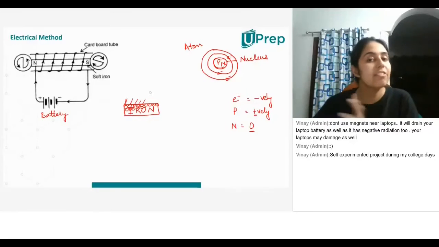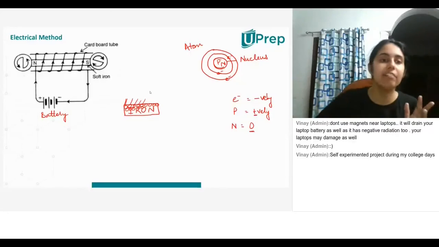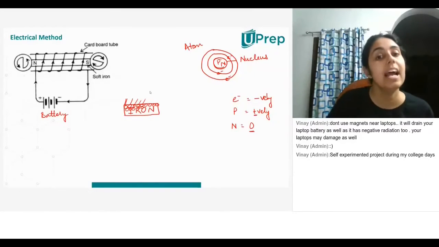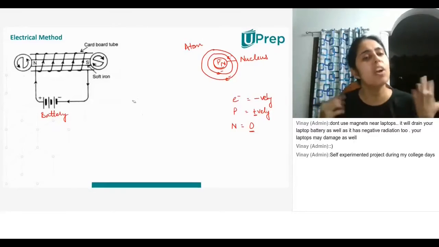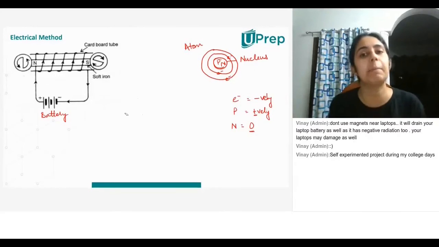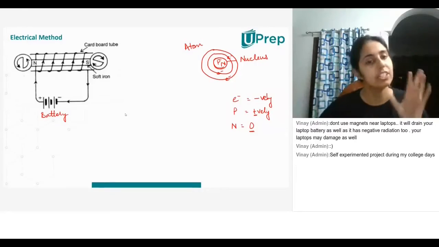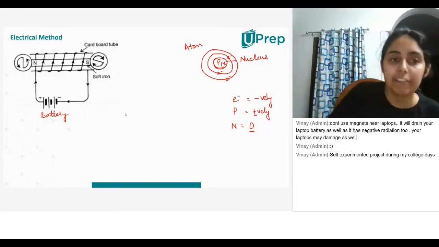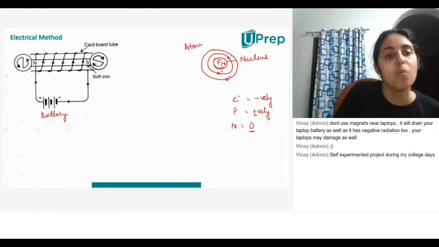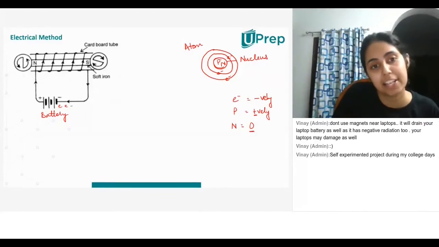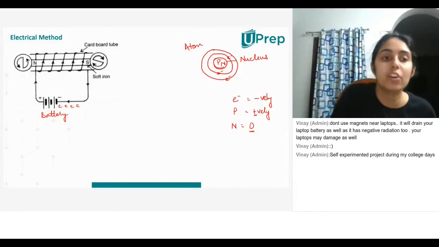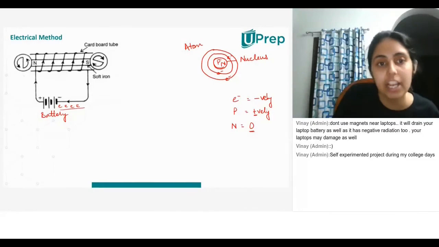Now all of these free electrons can flow in one direction. When that happens, we have a flow of electricity. What is electricity? Electricity is nothing but flow of charge. Wherever there is some flow of charge, there is electricity. So if I put a battery over here, electrons start flowing in this direction. So electricity starts flowing in this direction.